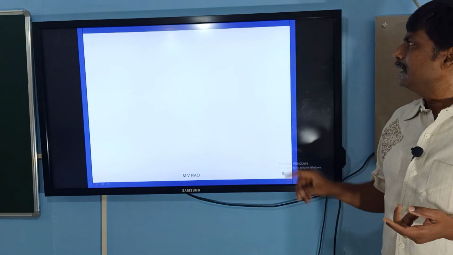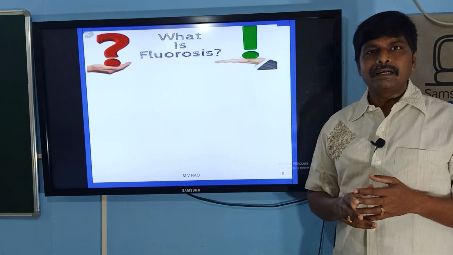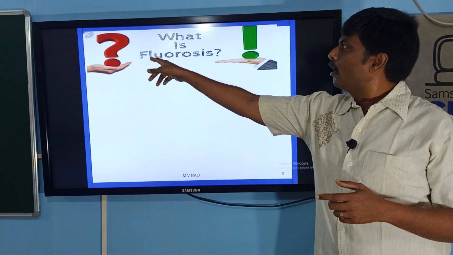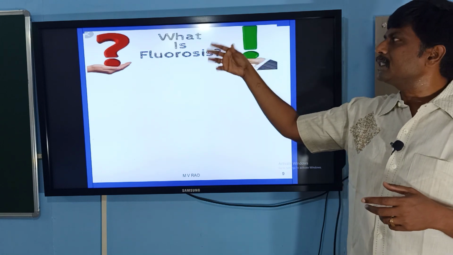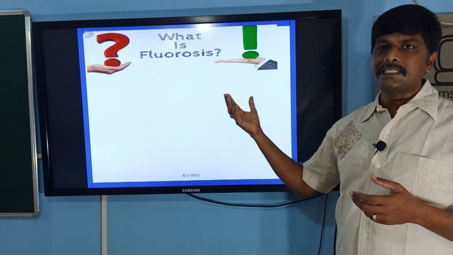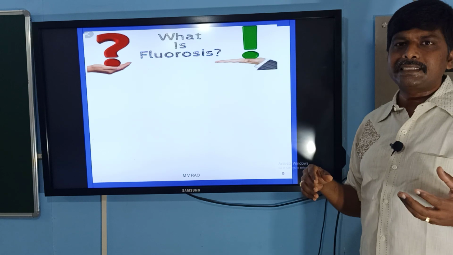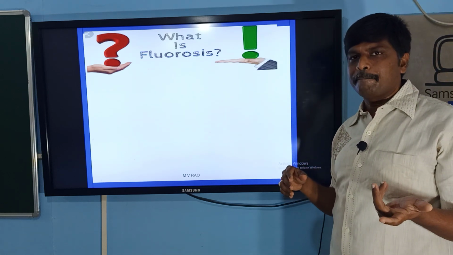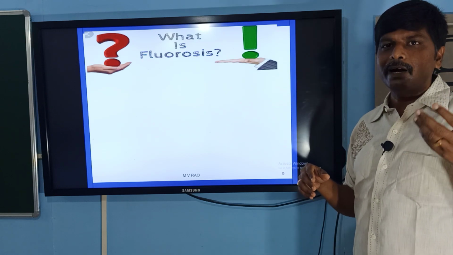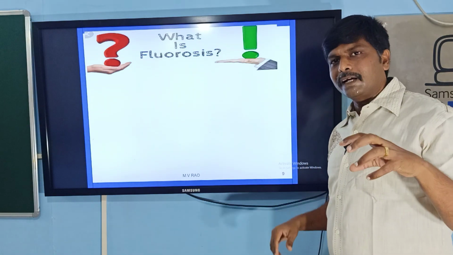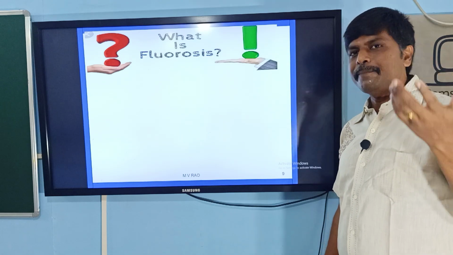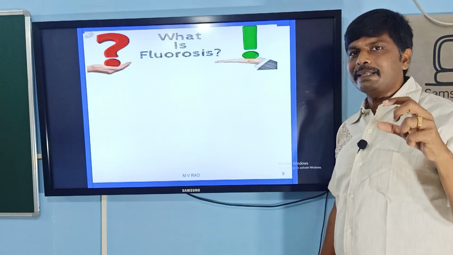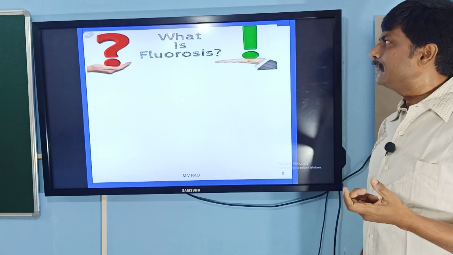But you can see in some areas of our country, one disease is there: fluorosis. What is fluorosis? If water contains fluoride ion concentration greater than 3 ppm, then bones become weak and the teeth become yellow. This type of disease is called